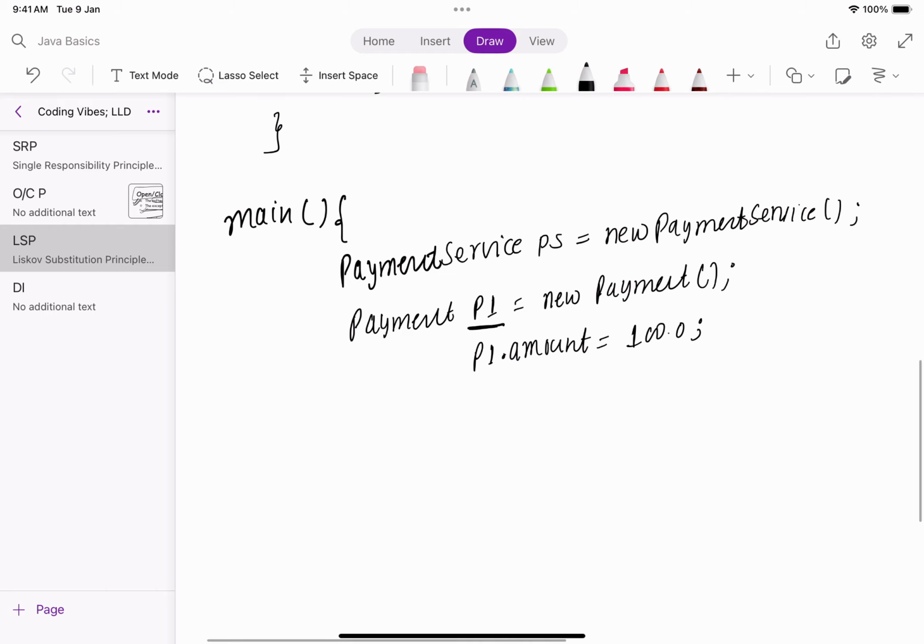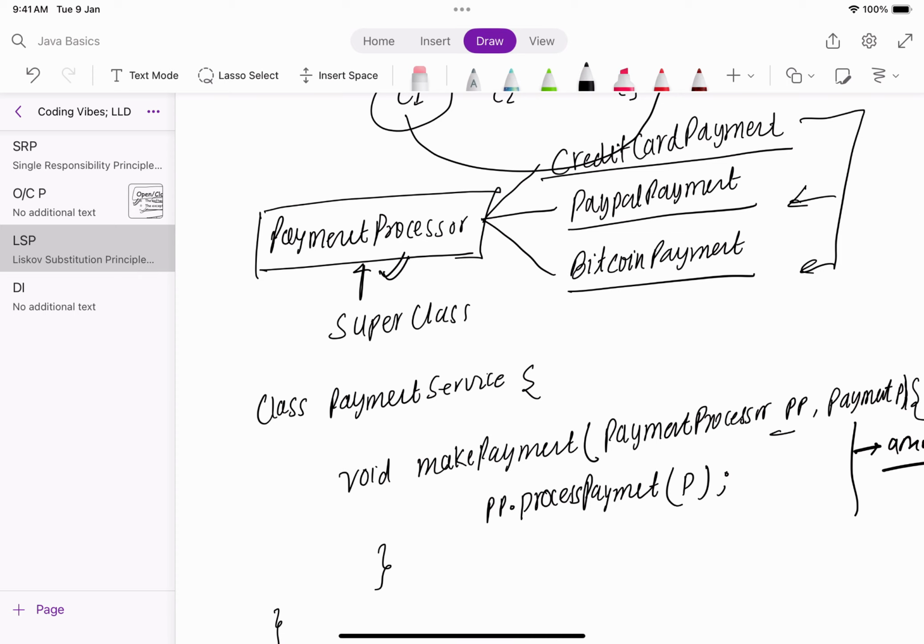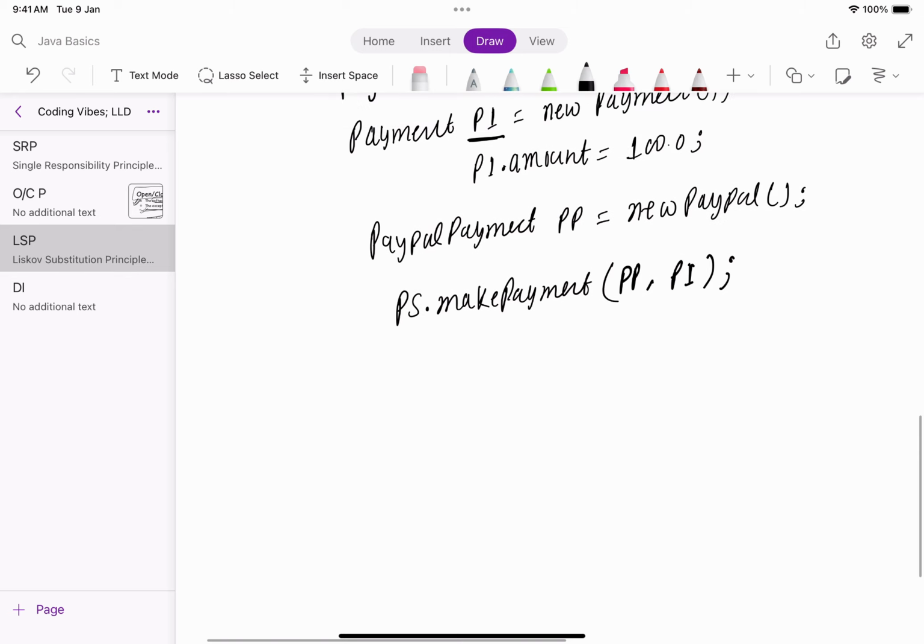So we can create a PayPal payment object, and then we can use payment service dot make payment, pass on the PayPal payment and then the P1.